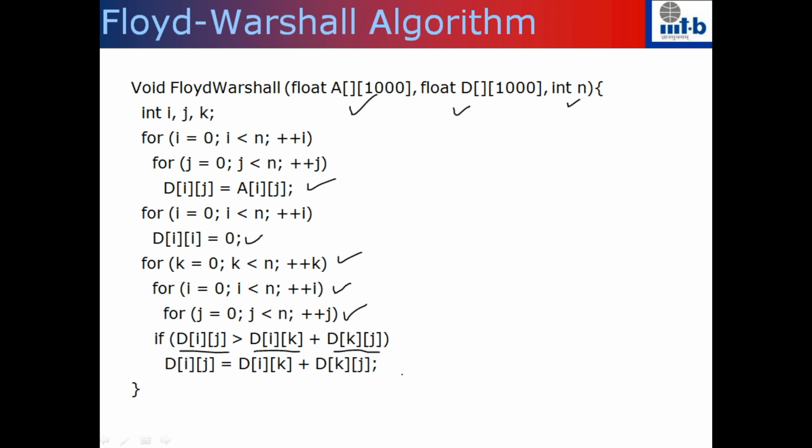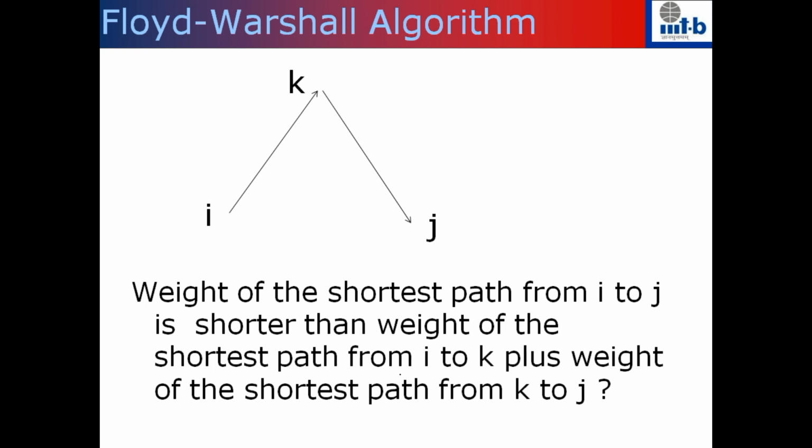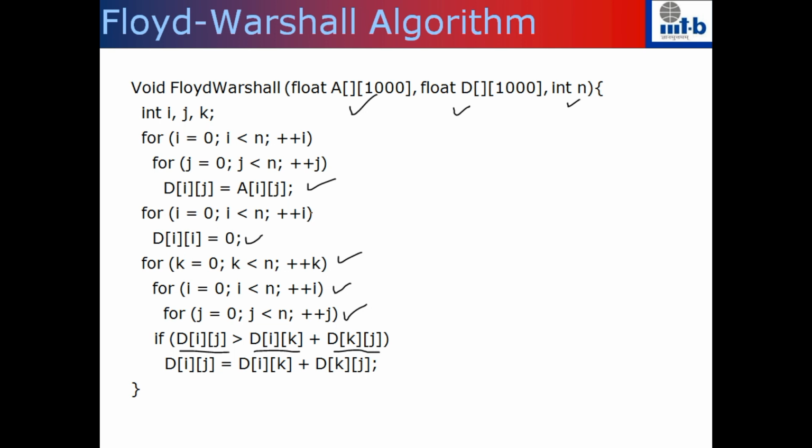So in order to answer this question, you have to go back to this. What this tries to do is that when you want a shortest path from i to j, I am trying to enumerate over what are the intermediate vertices that it can visit. So if I want to go from i to j, k is an intermediate vertex. So I go to vertex k, and then from k I go to j, right? This is what you need to keep track of when you try to answer this question.